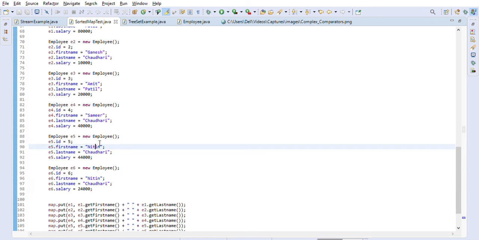Both have the same first name and last name, but their IDs are different. So in this case, if the first name and last name of both are matching, then it will use the ID when storing the order. Let us quickly run this, and as we are comparing the ID, you will see that E5, meaning ID5, will come before ID6.